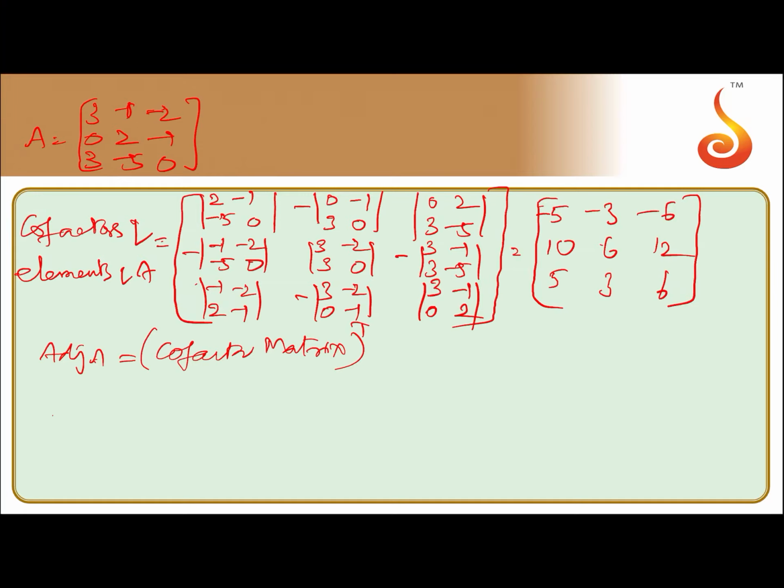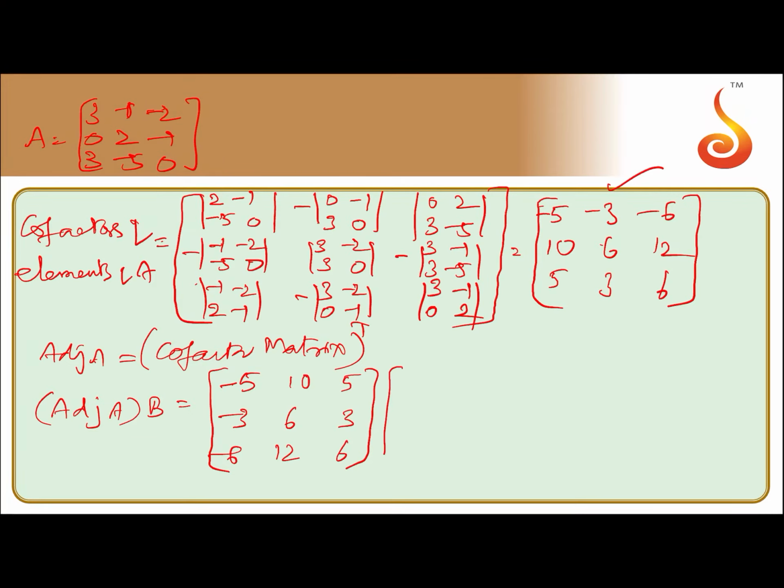So to evaluate, adjoint A multiplied by B matrix. Adjoint is nothing but the transpose of this matrix: minus 5, 10 and 5 row-wise, and minus 3, 6, 3, minus 6, 12 and 6, multiplied by B